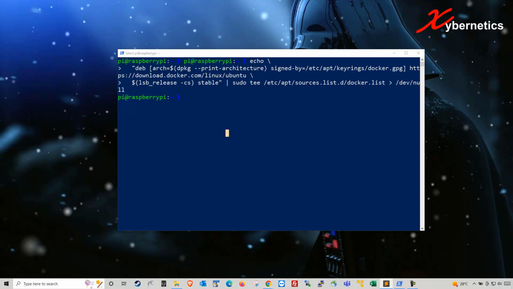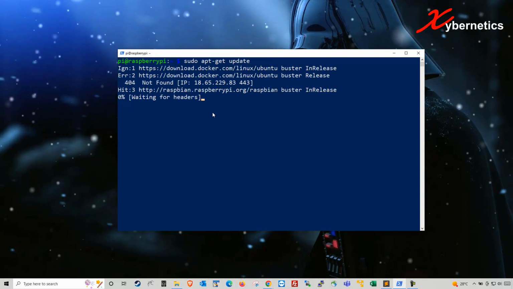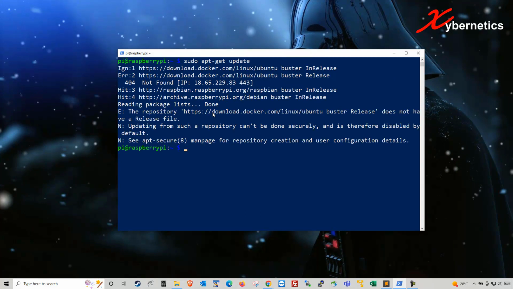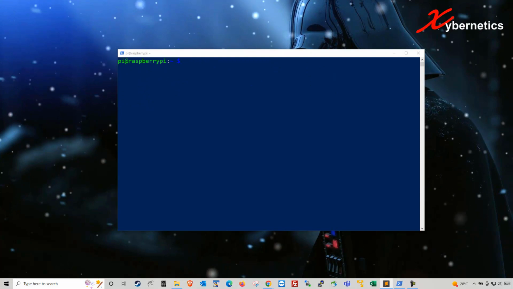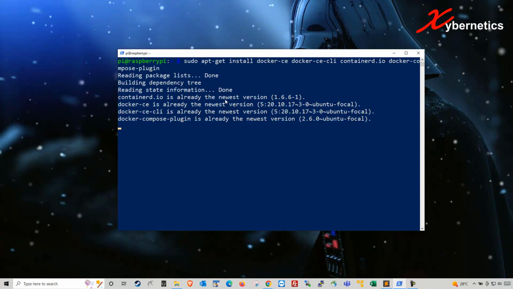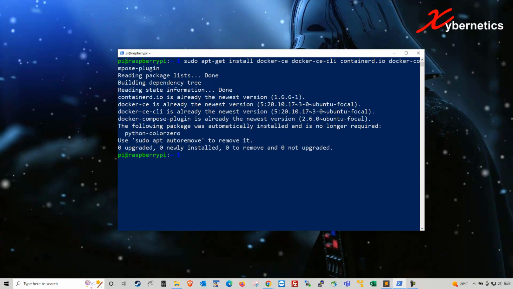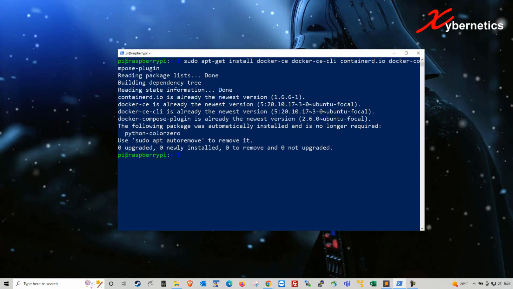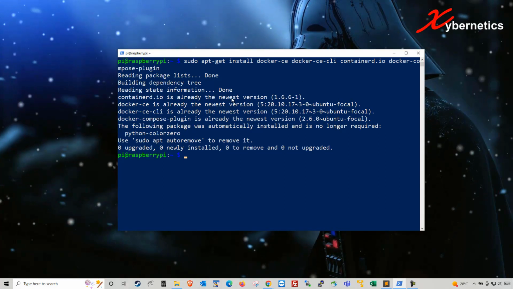Since you have already added the repository, I'm going to run an apt-get update. It should be relatively quick. Then I'm going to try to install using this command here. If this command fails with an error message saying the repository at the HTTPS docker.com release does not have a release file, what you're going to have to do, mine went successful here, but what you're going to have to do is